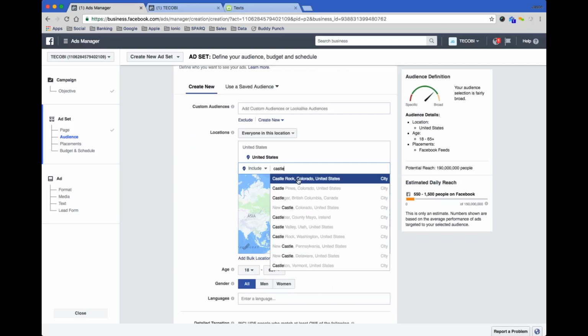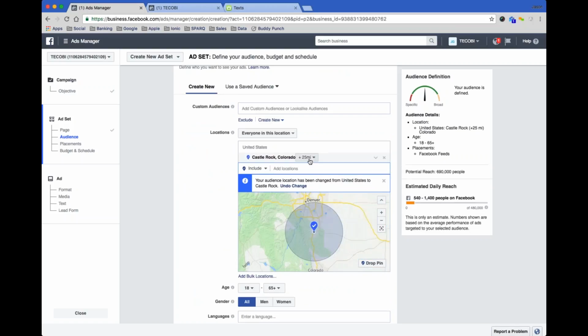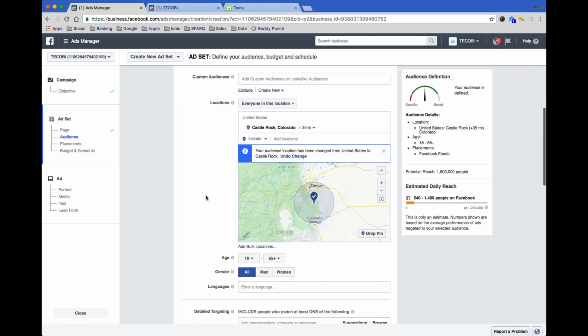For car dealers, the geography depends on the dealership. I usually try and run a radius. Sometimes you'll get a dealer that wants to pinpoint specific areas. With these lead gen ads, we're finding with the process that we use, we can actually pull them much further than what we would typically be able to do.